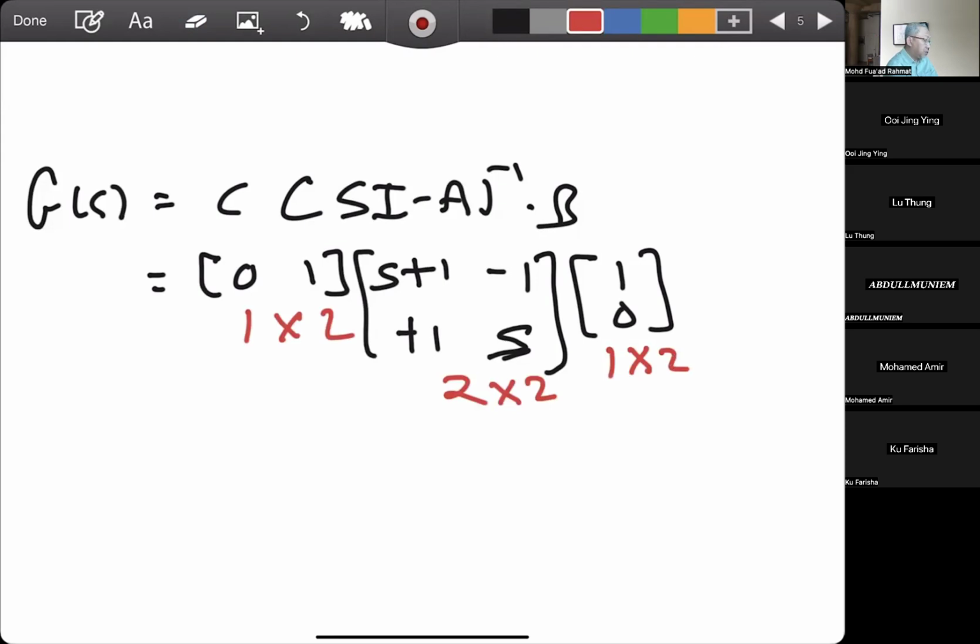This is 2 by 2, and this one is 2 by 1. If you want to multiply matrices, the end of the first size and the start of the second must be the same. So in this case,